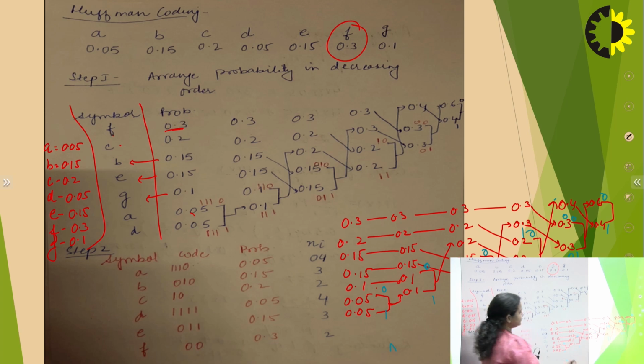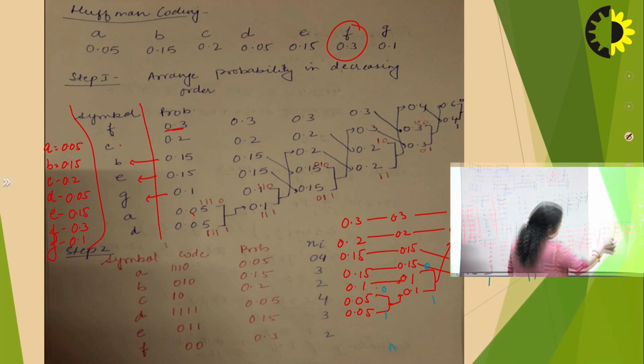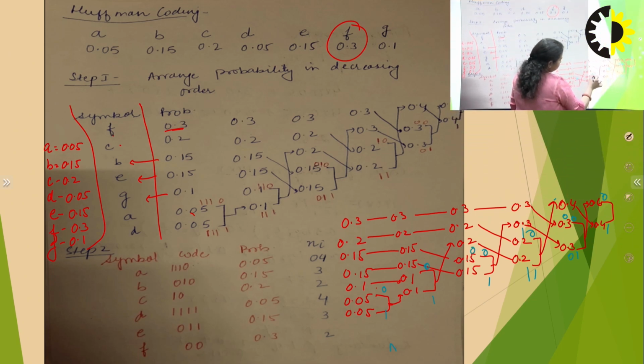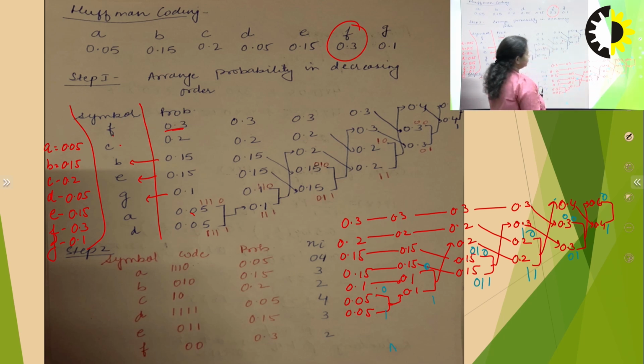Then afterwards you are having 0.3. So 0.3 is basically the addition of 0.15, 0.15. For 0.3 you are having 0, 1. So you give 0 1 here, 0 1 here, right? Then for 0.2 you are having the addition from 0.1, 0.1, so for 0.2 you are having 1 1, so give 1 1 here. I think this is getting clear to you. Then we are having 0.1 by the addition of 0.05, 0.05, so you put 1 1 1 1 1 1, right? So you will see that you are getting the code for each probability, or we can say for each symbol.